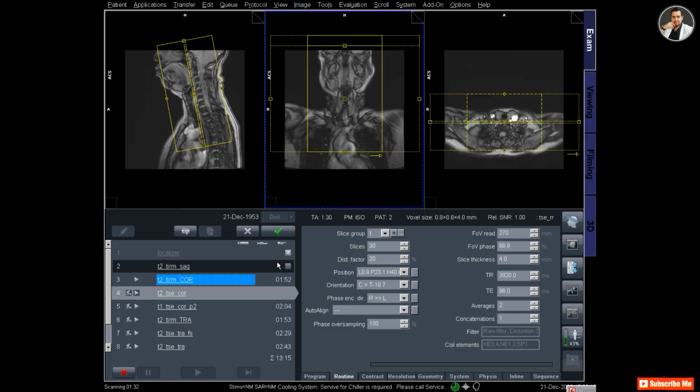For T2 coronal I am just copying the planning from the T2 STIR coronal and then click apply.